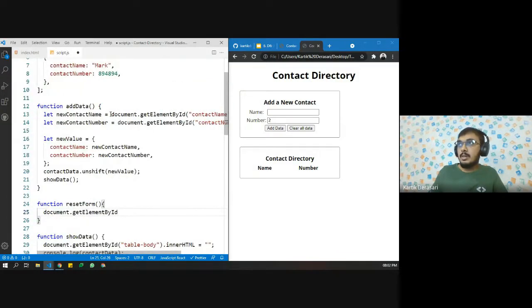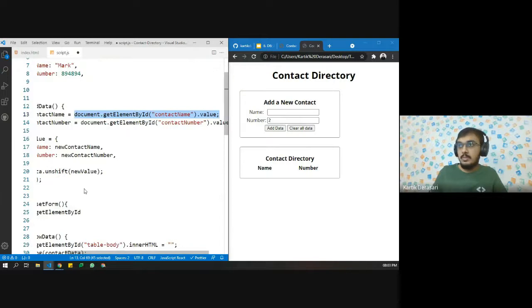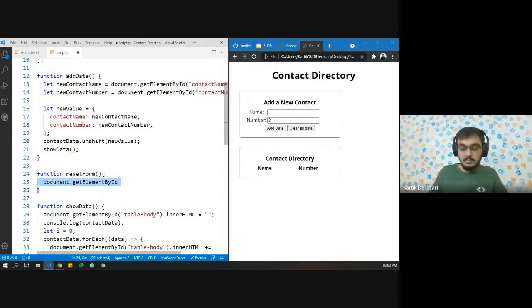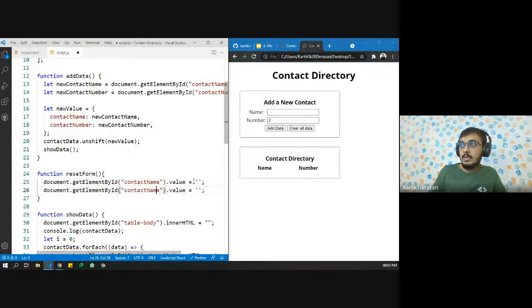Let us get this. Okay, and we want the value to be null. We want the value to be empty, and the same goes for number.